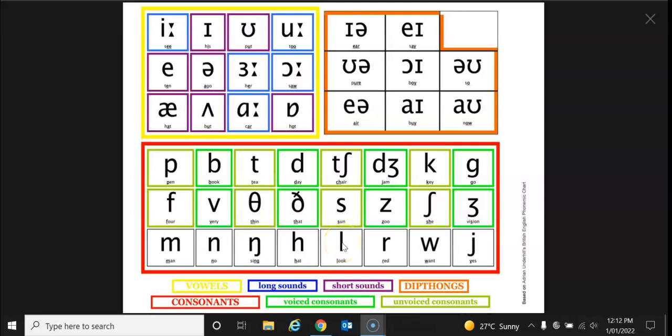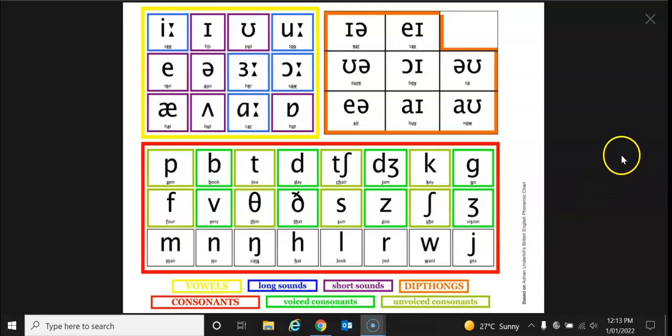L, as in look. R, as in red. W, as in want. And finally, y, as in yes. So they are the 44